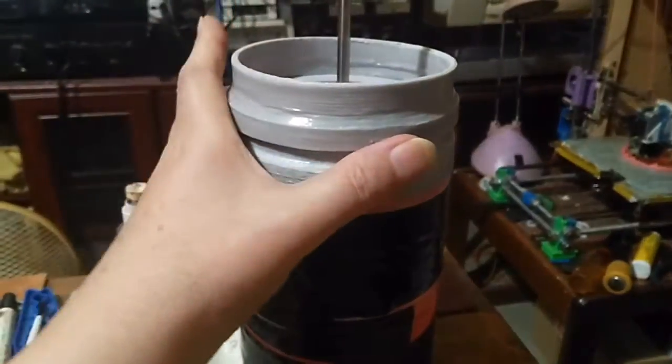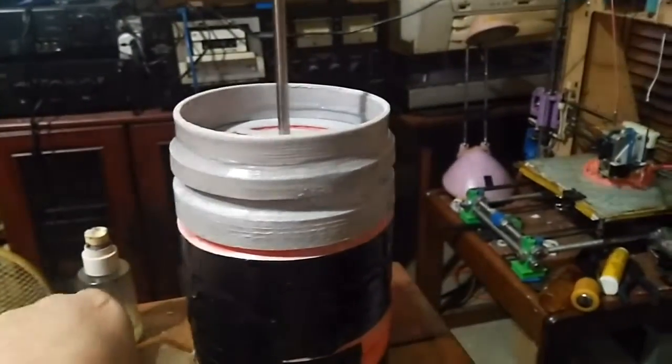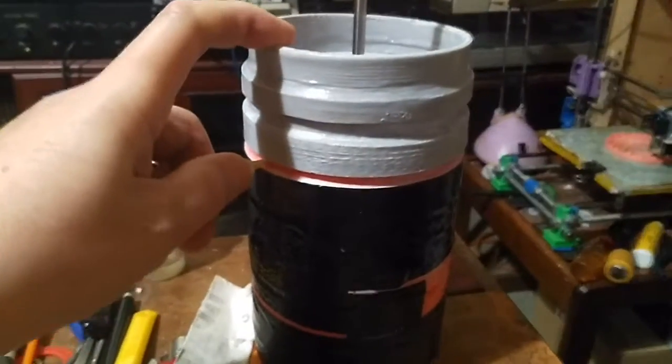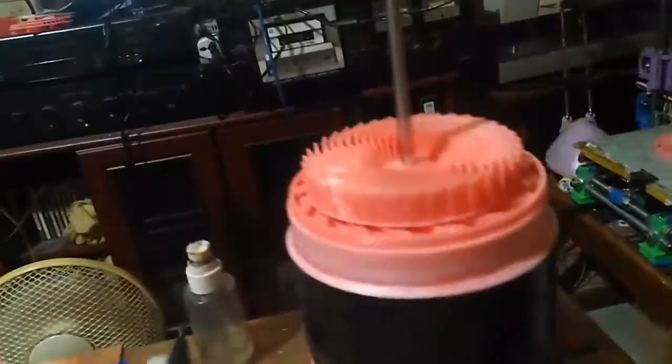Let me just try and get this off so I can show you. Just a minute, where's my thingy? Right, this is a bit fiddly. Hang on a sec, I'm going to put the phone on here a minute. Just a sec. Right, I've loosened it up so I can get it off. Right, so there's one